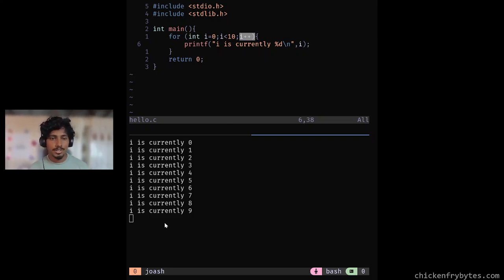But when we actually get i equal to 10, remember this condition is no longer satisfied. So it will not do the increment, neither will it actually execute the body of the loop. And that's how a for loop works in the case of